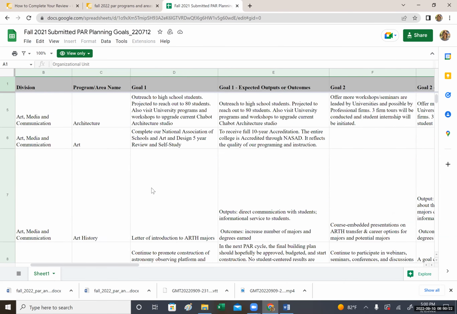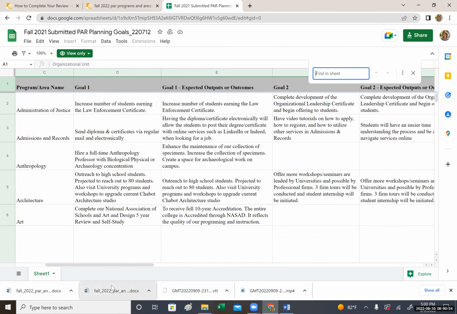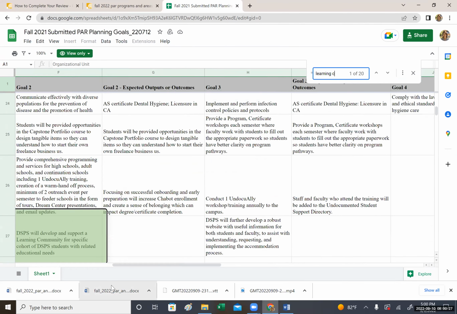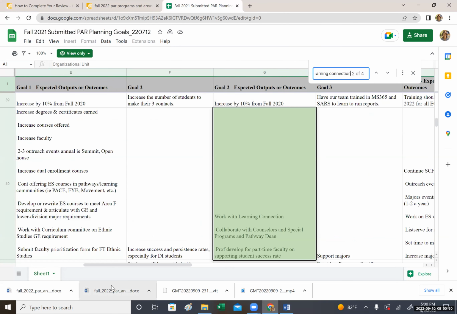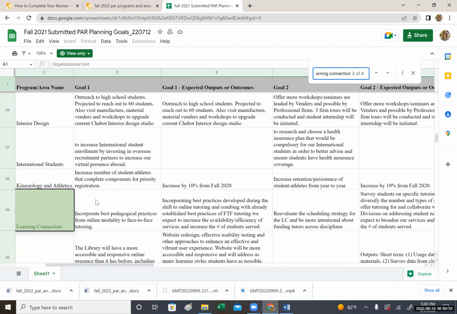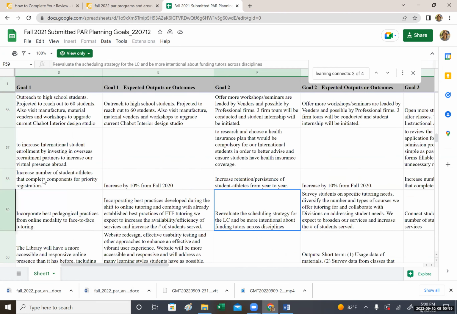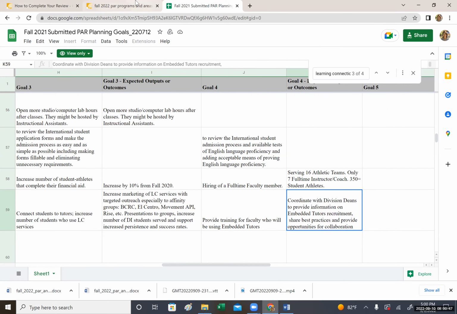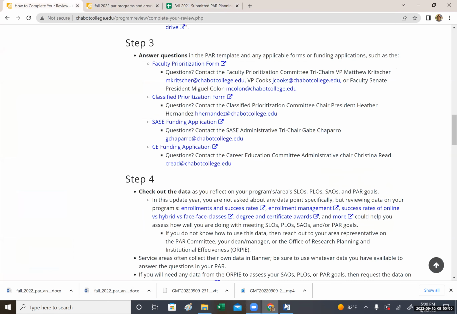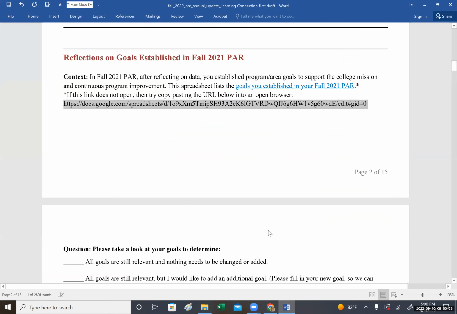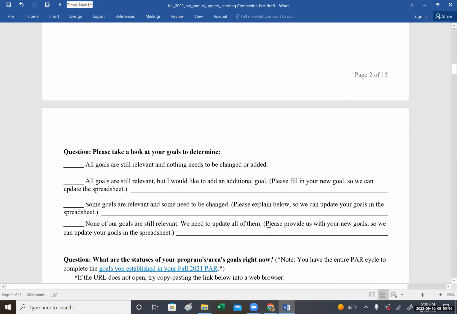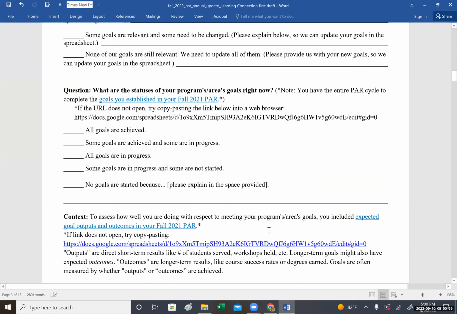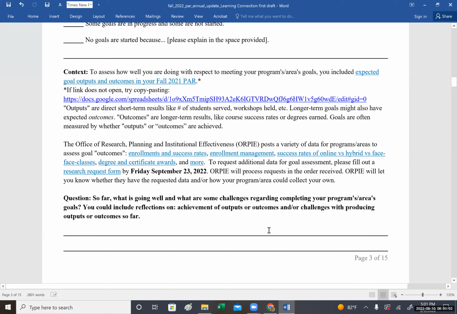And again, you see all the programs. What I like to do is just hit Control F, type in my program. Let's see, people have mentioned my program, so here it is. So now I know Learning Connection, and these are the goals that we stated in the comprehensive year. Okay, perfect. And looking at those goals, we'll be able to answer these questions. We'll be able to assess our goals,